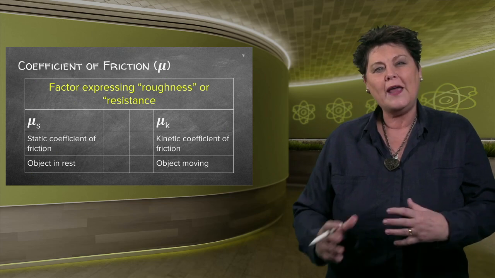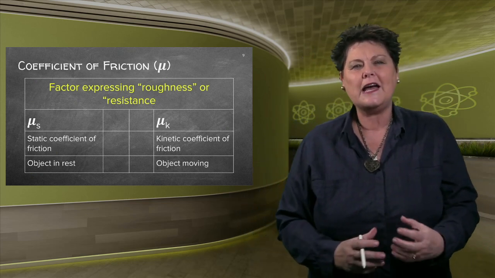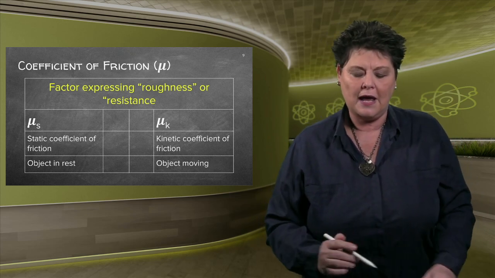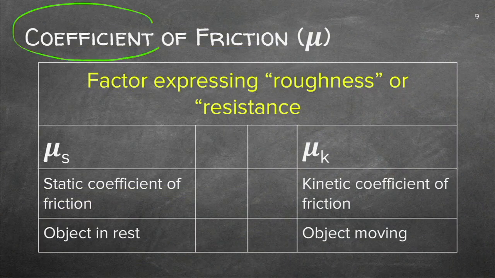Now, they did lots of calculations to actually determine the friction of different surfaces. And the way they could do it is by finding the coefficient of friction. This is the Greek letter mu, and that letter signifies the coefficient of friction. When it's static friction, it is mu s, and when it's kinetic, it is mu k. So make sure that you know the coefficient.